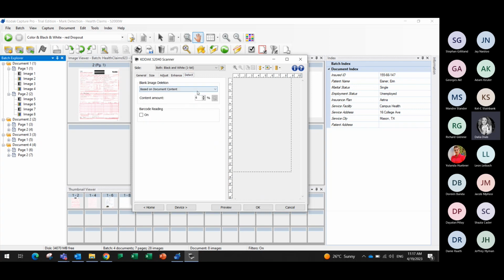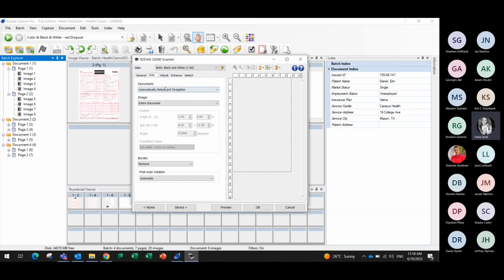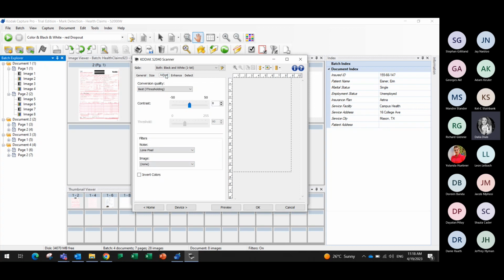The detect is where I choose the content or the percentage of the content on the page to delete the blank page. But still here, I think we could have increased more and fixed that. In the adjust, you'll have actually over here some setup on the document straightening. This is the quality, so this is the best quality, I guess. No, we still can use that, but these are the best options to have on the level of the scanning